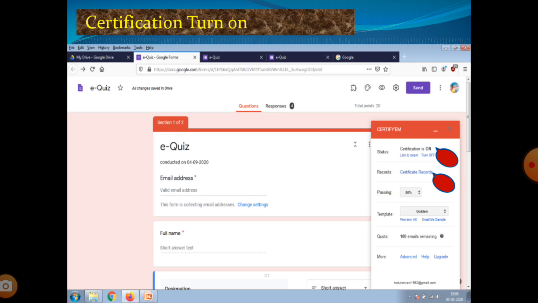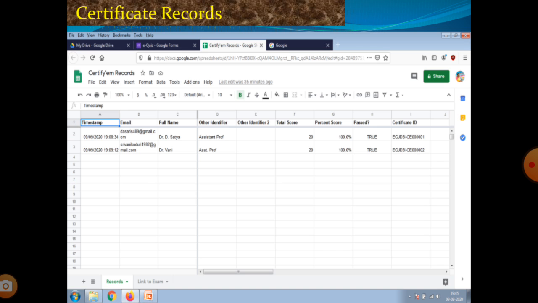Now I move to the certificate records. In the certificate records I have all the records of those who participated in this quiz program, and we can know their email address, and what time they submitted the quiz form, and their email addresses, full name, other identifiers.